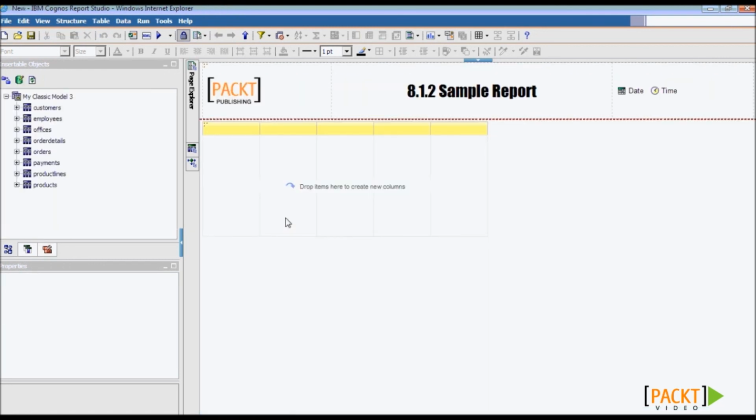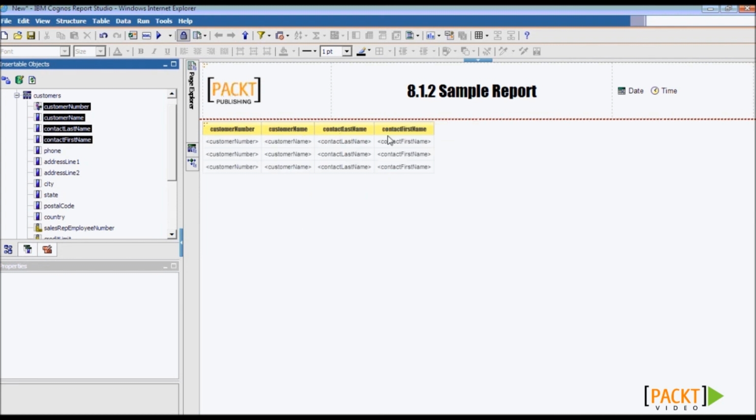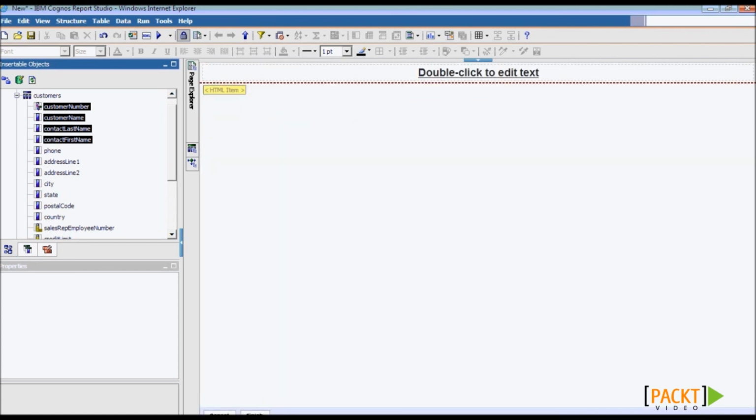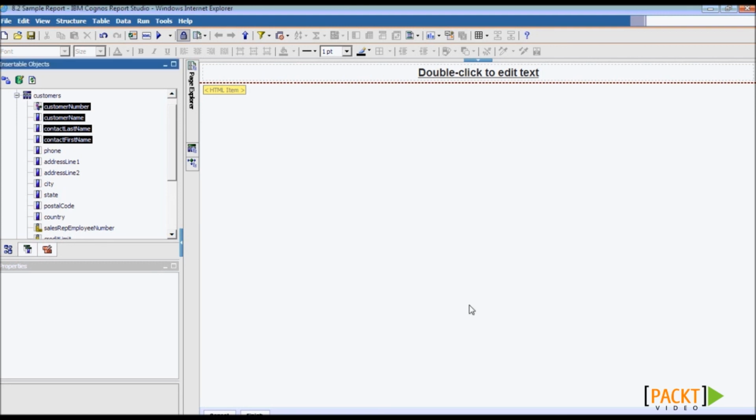As you can see, this report template has a different icon, and when you choose to open it, it actually applies that report template to the new report that we are creating. Let us drag certain customer columns onto the list. We can see that the column titles have the background and font that we have chosen. There's also the prompt page, and it has finish and cancel buttons with the same font that we have chosen for the report template. If I save this report as 8.2 sample report based on template